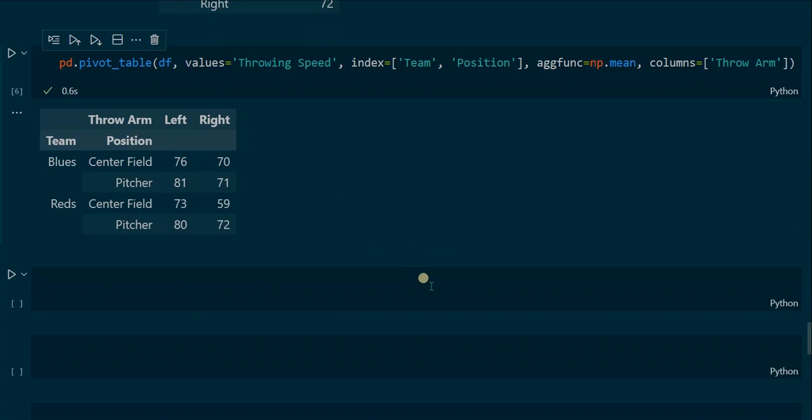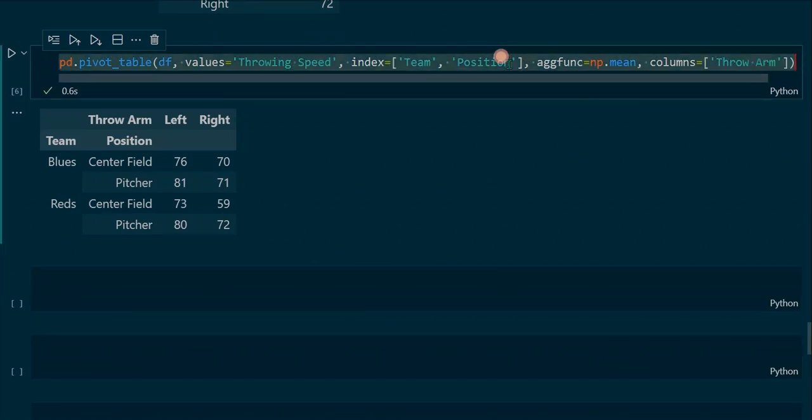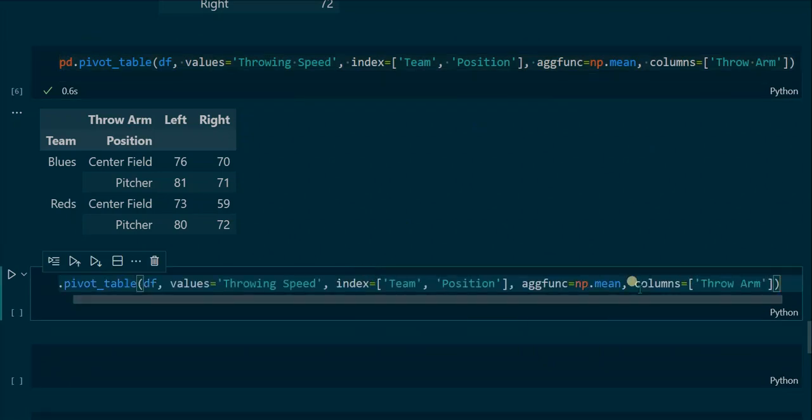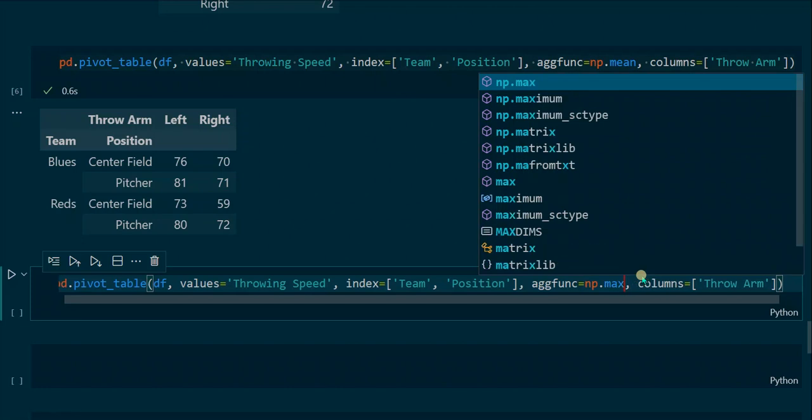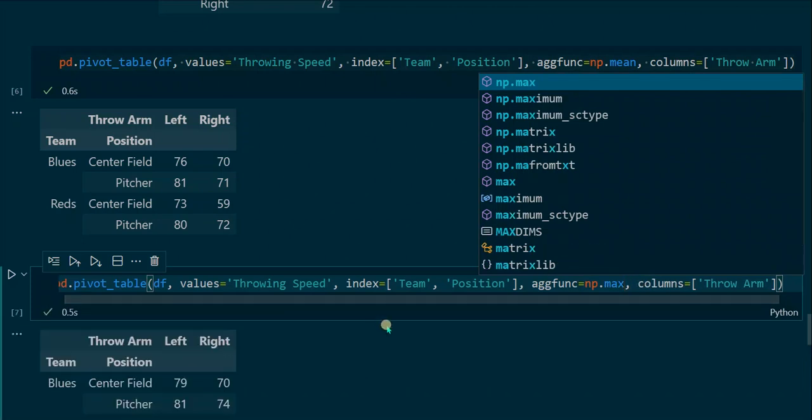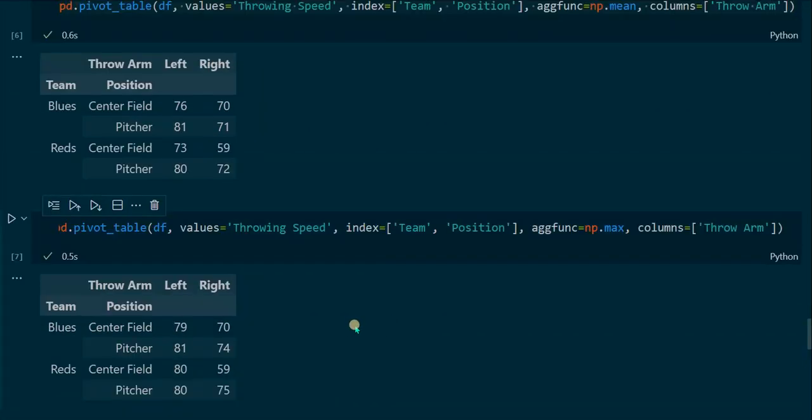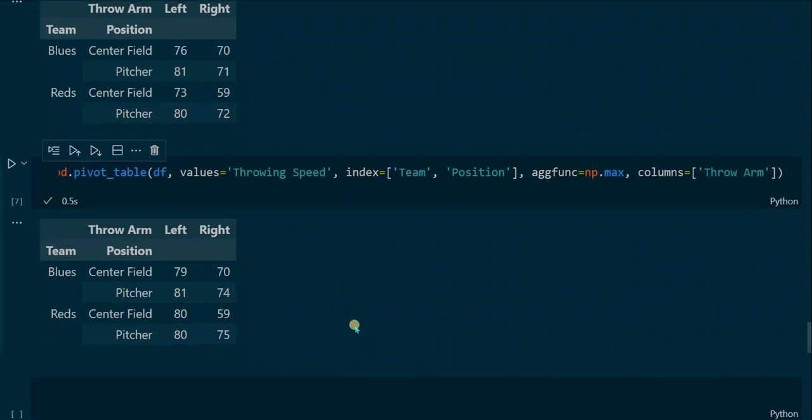So by now we have only seen the NumPy mean function. Of course, we can apply other functions here. For example, we could change np.mean to np.max. And this now shows the maximum value of the throwing speed of each throwing arm and position and team, which is again a